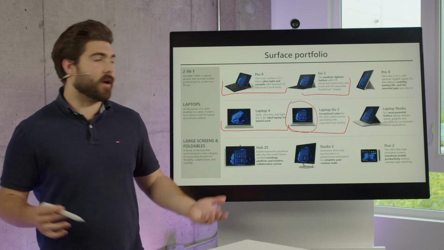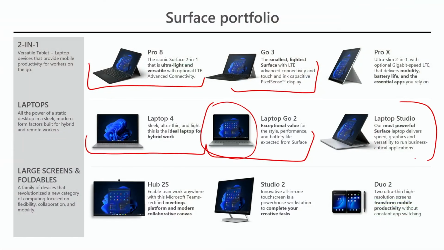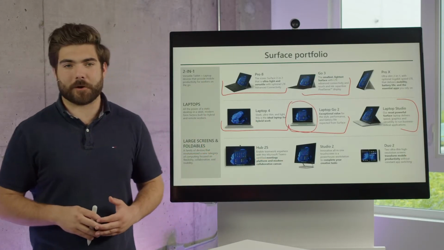And then, of course, within that laptop family is our flagship device. I shouted this device out a little bit earlier, that Laptop Studio. It's the device that I use in my day-to-day, that I can use those Windows Hello facial recognition biometrics to access. The device has 3 different modes, so it can be stood up in a laptop mode. It can fold down, as shown in this image, into what's called stage mode, so you can utilize the trackpad still while consuming content off the screen, and it folds all the way down to 165 degrees into studio mode so that you can ink and annotate on its screen.